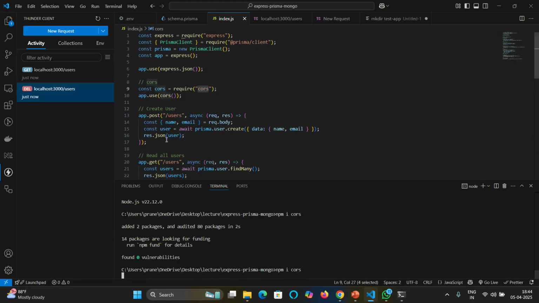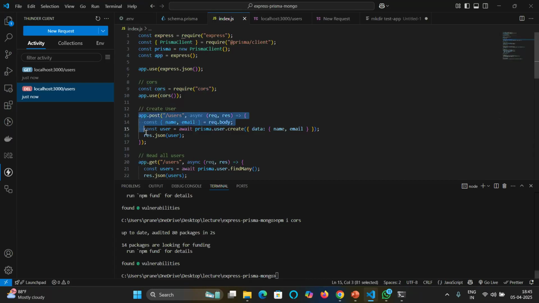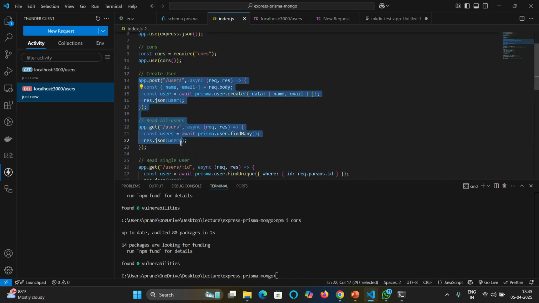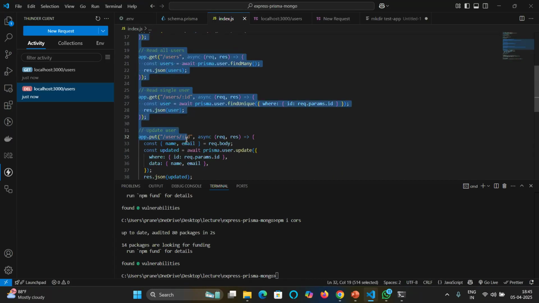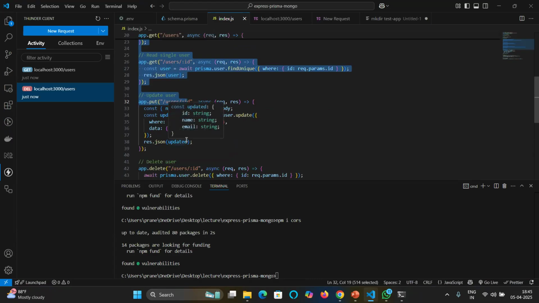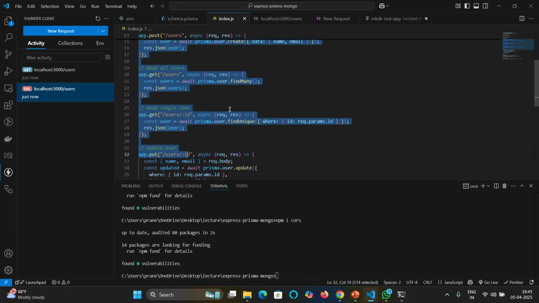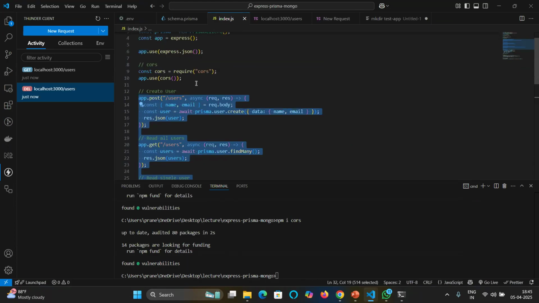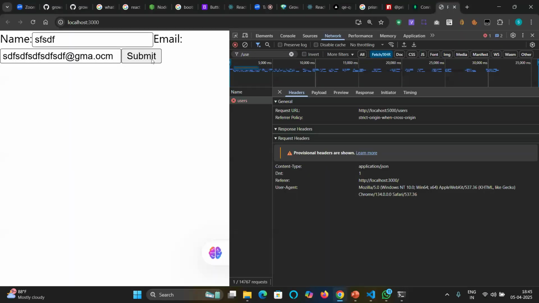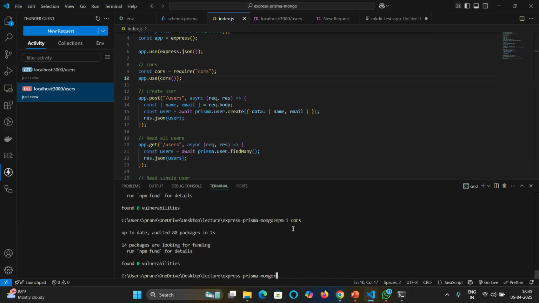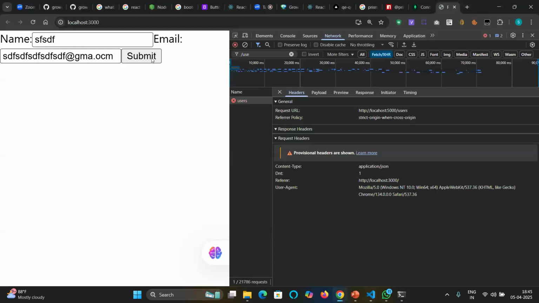So we have these APIs, right? But we need to restrict who is calling these APIs, because some other users may also call them. In order to restrict those, CORS will help us have the middleware in between. Currently I'm allowing all the users and just testing it, and when I submit it,